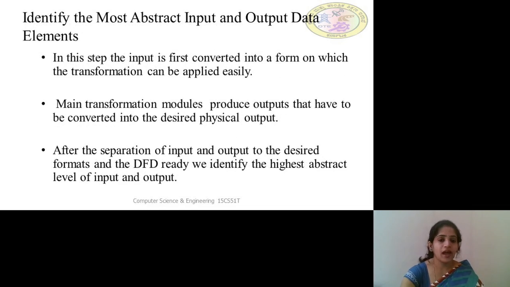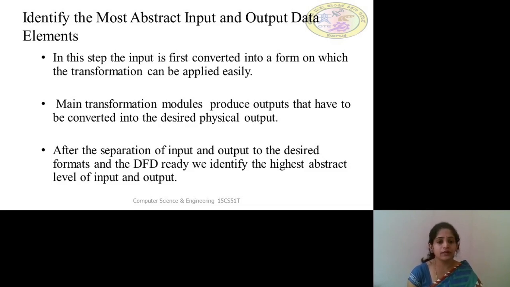Second step: identify the most abstract input and output data elements. In this step, the input is first converted into a form on which the transformation can be applied easily.